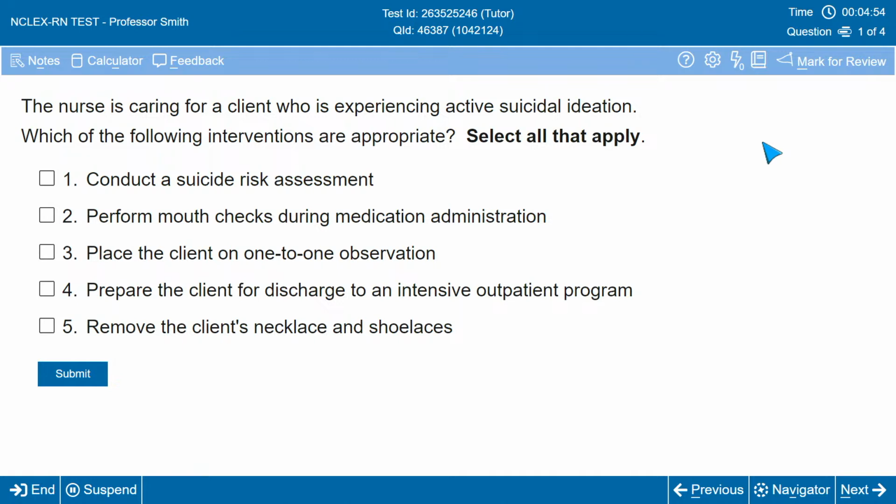A test-taking tip is, when you're answering select all that apply questions, start with the answer choices at the bottom and then go up. So starting at 5 and then going up to 1. Sometimes doing this helps to slow you down as you're reading through the question in order to better answer it. We'll give you a little bit of time right now to think about how you would answer this question.